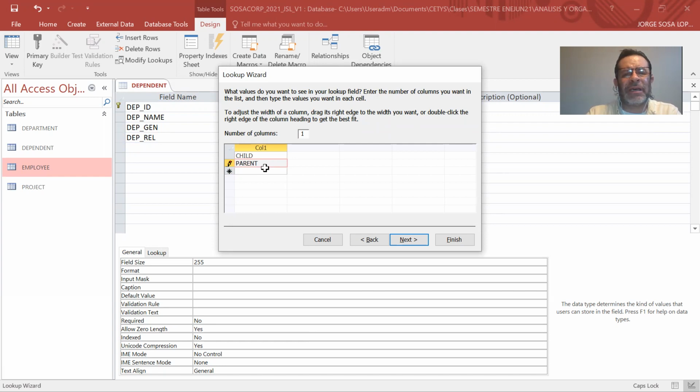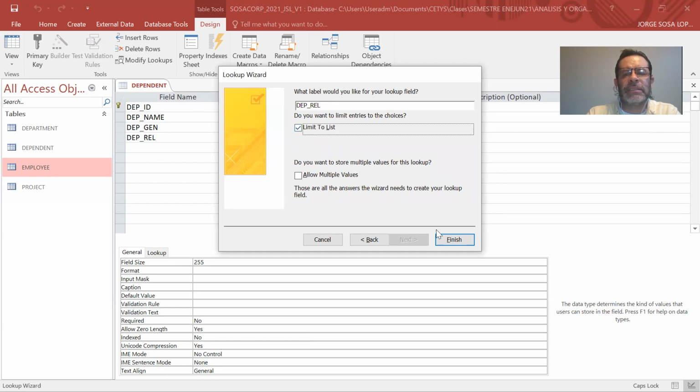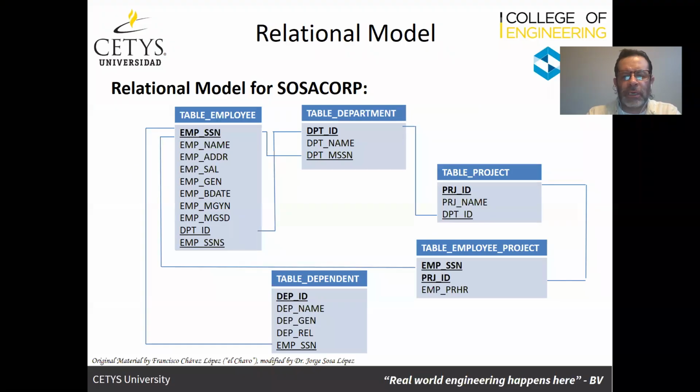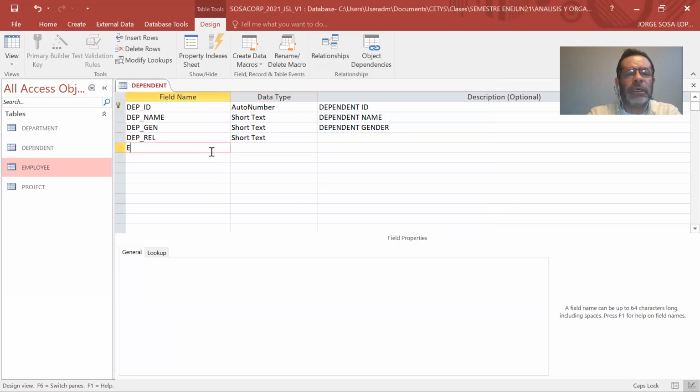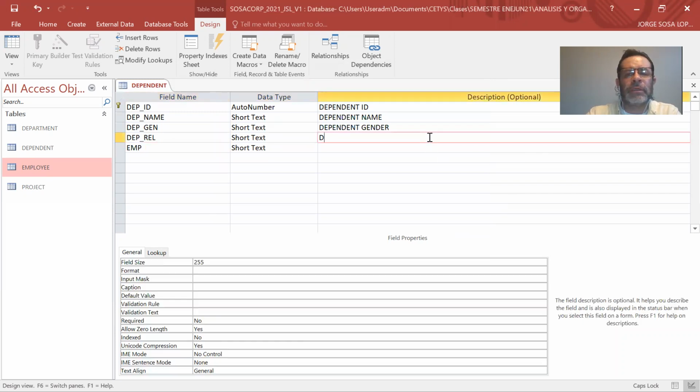I'm going to leave it child, parent, spouse. I'm going to leave those 3 options there. I'm going to limit it to the list. Click finish, and then also the employee department, the dependent relationship, and the dependent,